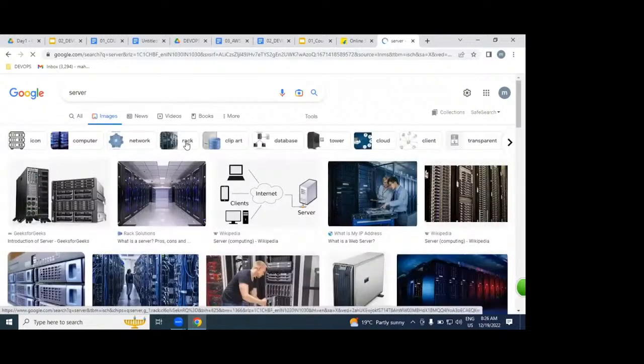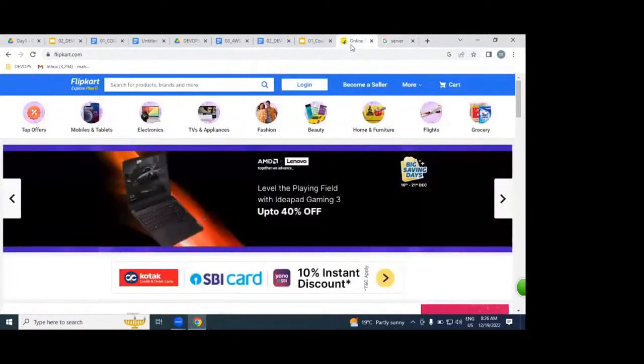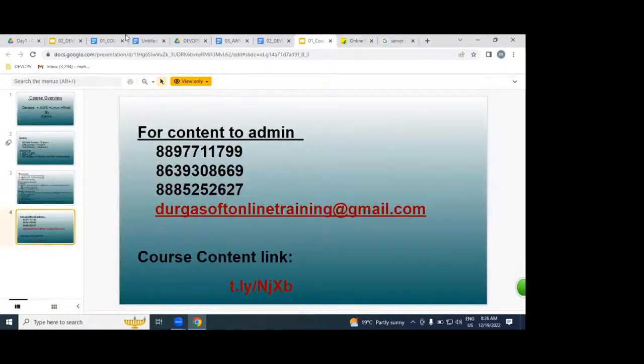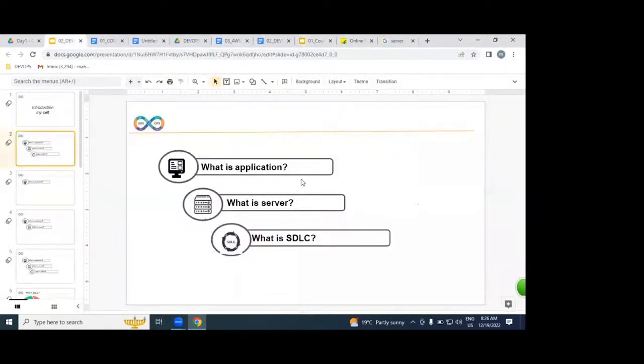Once it is placed on the server side, where is the software placed after writing? On the server side. Then there itself we access it as a website. So what is an application? The working software written in any programming language. That application is placed on hundreds of servers.